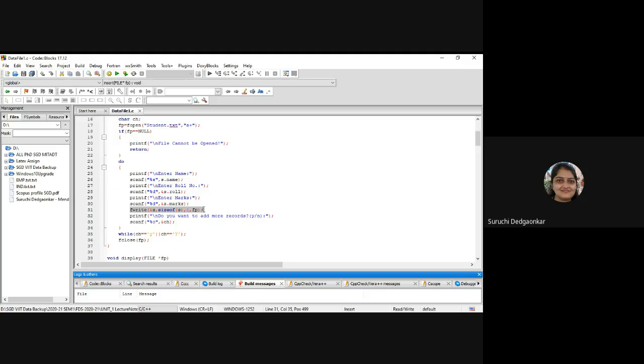We have seen the syntax of fwrite. So using fwrite, we are writing one record of student at a time in the file, and we are asking whether you want to add one more record or not. Accordingly, this loop will execute that many times. And then at the end, fclose fp.